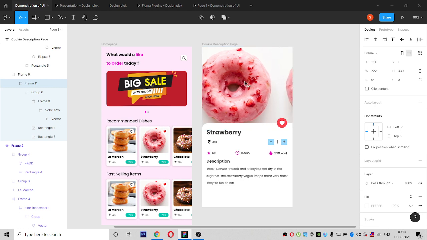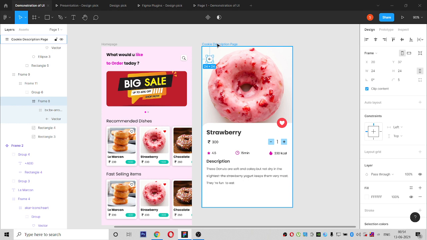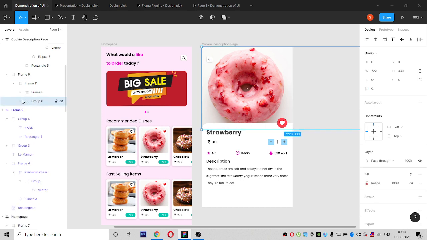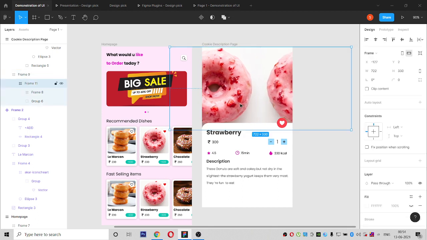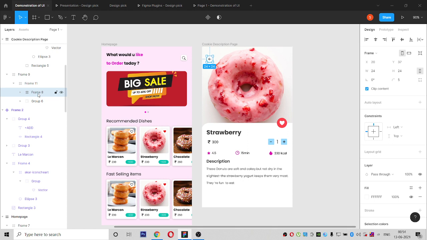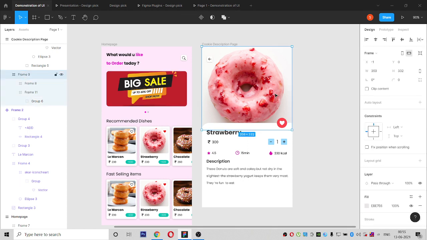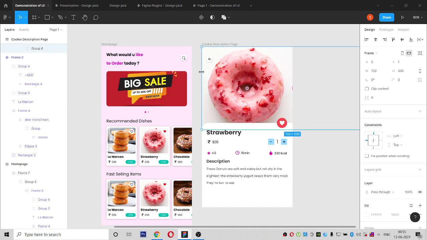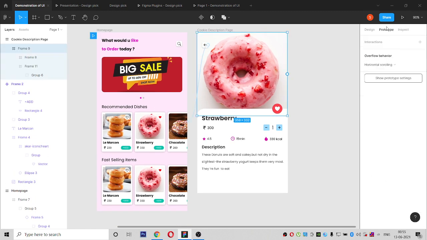So this is also moving, right? If you can see this back button, this button should be out of this group. So here it is the frame, we can keep it outside of the group. So two things, group and frame, have been kept outside. Only this portion should change, right? So we keep this frame outside the group, so when you scroll this, this portion won't change. This has to be horizontal.